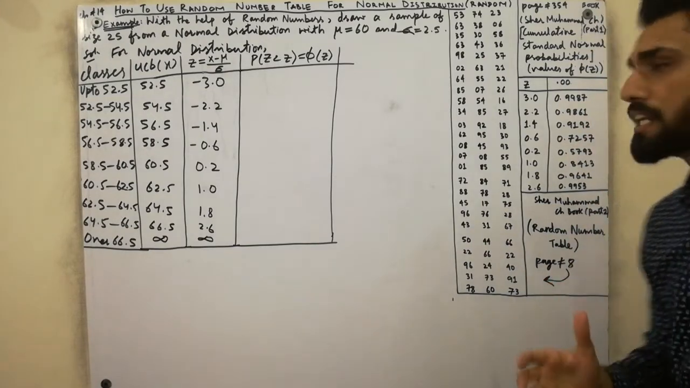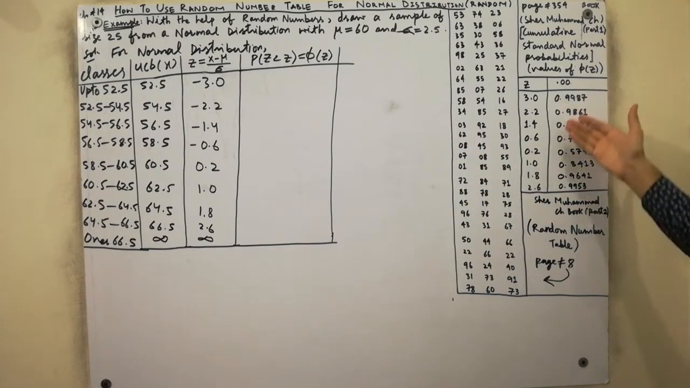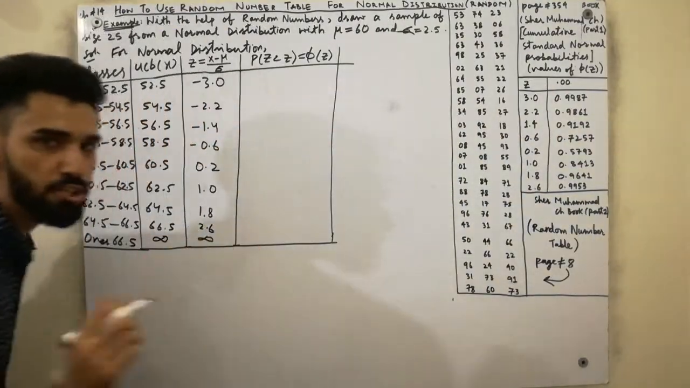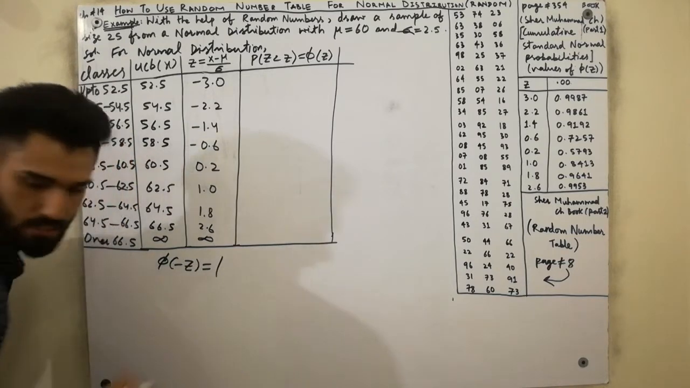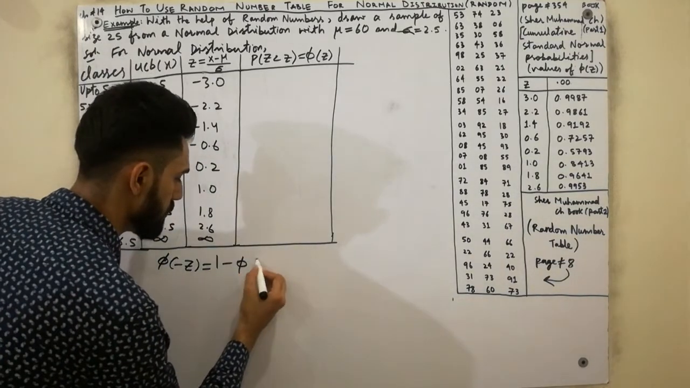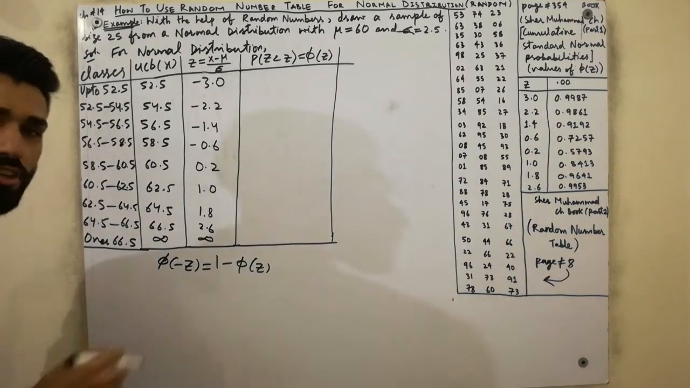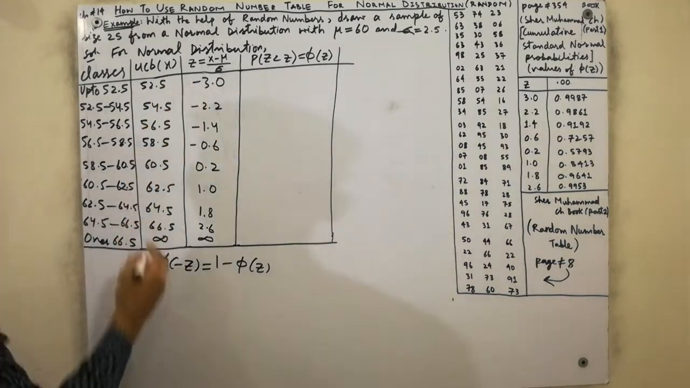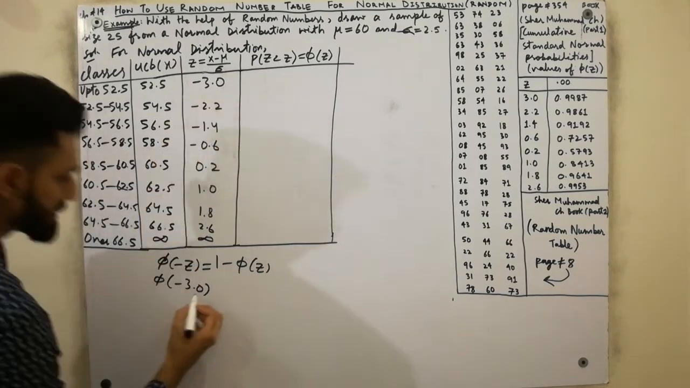The table is very large, but I am writing here the values which are used in these calculations. Here z is given, and this value is 0.0. First of all, let me clear your concept: phi of minus z is equal to 1 minus phi of z. You already know that. The next value is minus 3.0. Here phi of minus 3.0 is equal to 1 minus